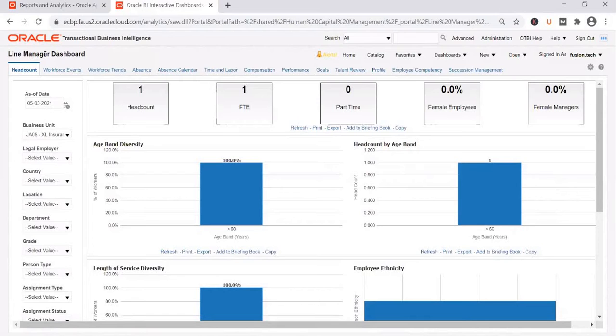And how does the Line Manager use it? If he wants to get any information about headcount, he will come here and open up the dashboard. And here you're not seeing any data because the business unit that was selected might not have enough data. So if you change this, say for example, to Evo Manufacturing,